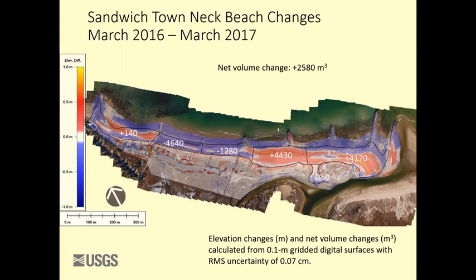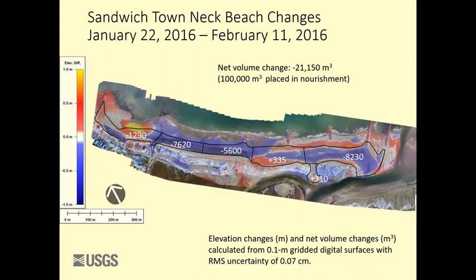So this is the change from the time they regraded it last year to about 2 weeks ago, which was the last time we mapped it. So we gained a little bit net here. The red is gain, the blue is loss. We lost a bunch in the front of the nourished dune, and most of that was erosion of the dune face. We lost a bunch here. We gained a whole bunch in this section. We gained quite a bit here. In this particular one, we lost some in this little overwash fan, and overall the net change was about 2,500 cubic meters. Well, let me just show you the next slide, which is